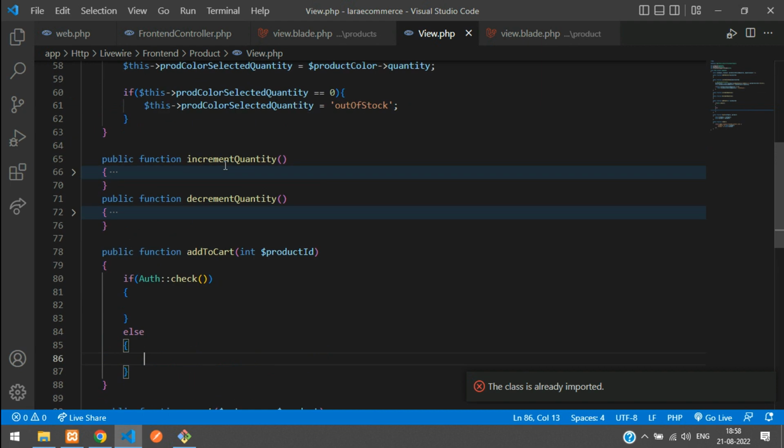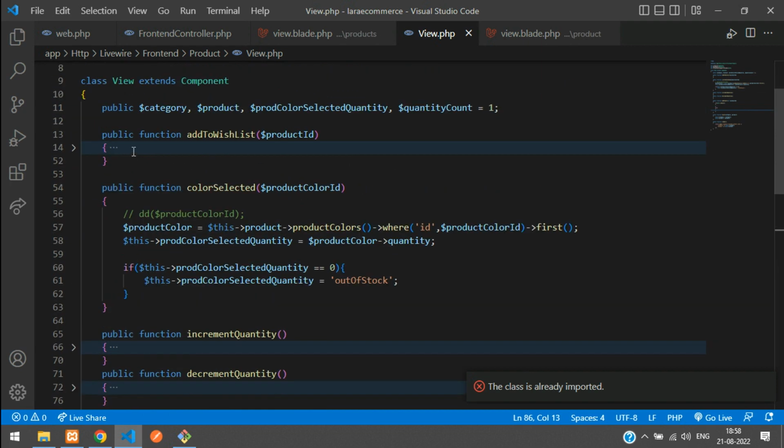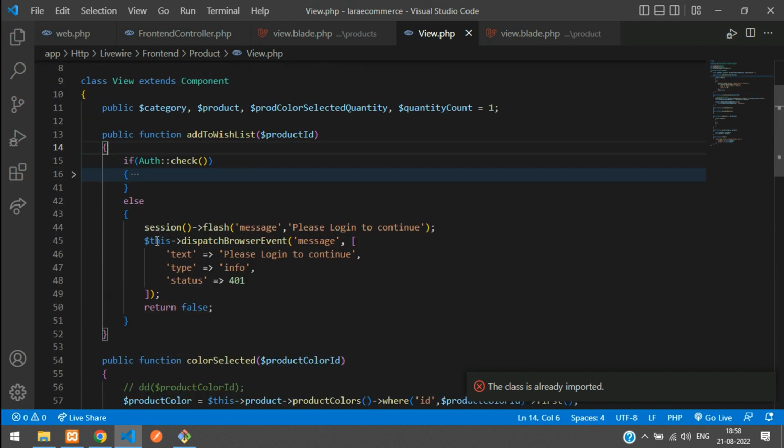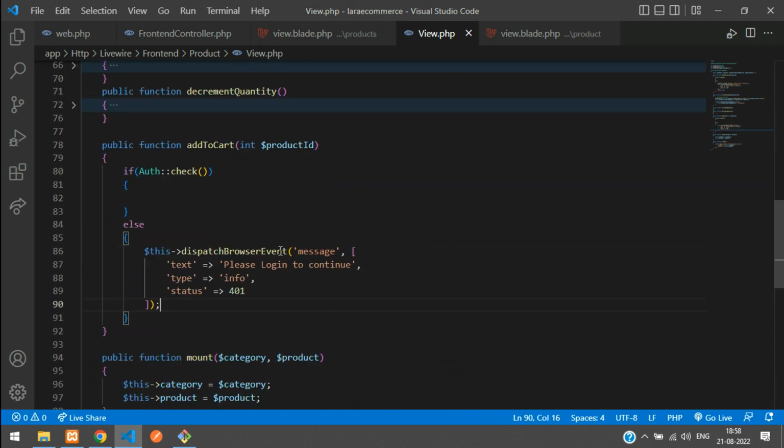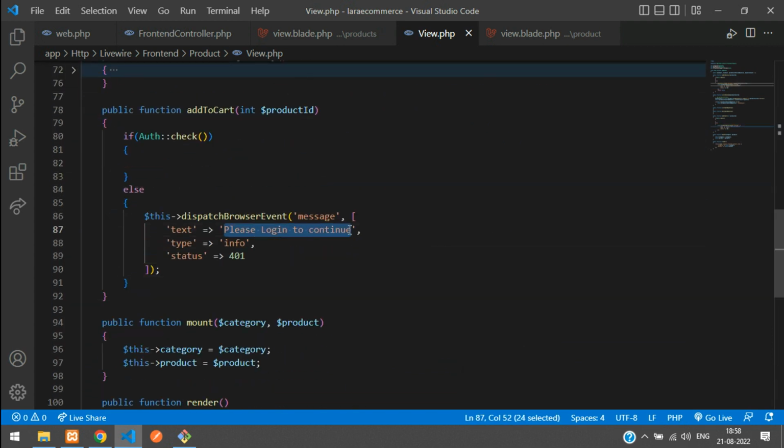So for that guys, we can just copy from above. Let me copy the message, how we can show the message. Let's copy this and send it. So here you send, please log in to add to cart. Okay, so this is the first step, and if you're logged in, let's dump